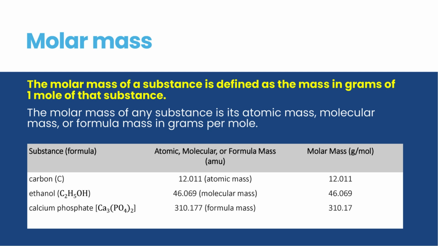Carbon, atomic mass 12.011 u, molar mass 12.011 g/mol. Right, and for compounds too, like ethanol, C2H5OH. Yep. Ethanol's molecular mass is 46.069 u, so its molar mass is 46.069 g/mol. Calcium phosphate, Ca3(PO4)2, formula mass 310.177 g/mol. Okay, the number stays the same, just the unit changes, meaning from mass of one particle to mass of 1